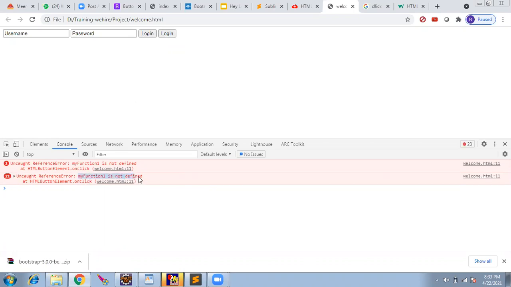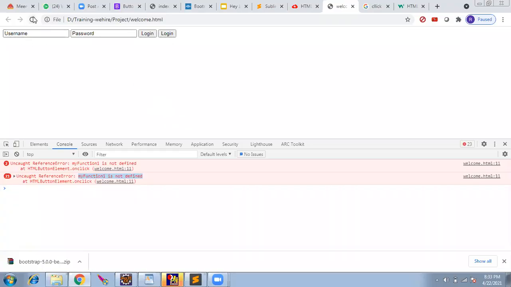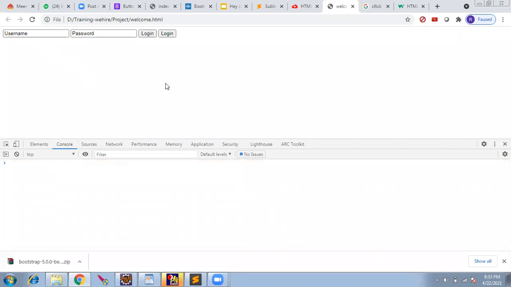The function is not defined, in the welcome.html page, line number 11. So this function is not there. Now I'll save this and rerun it. If I click second also, there is no error.